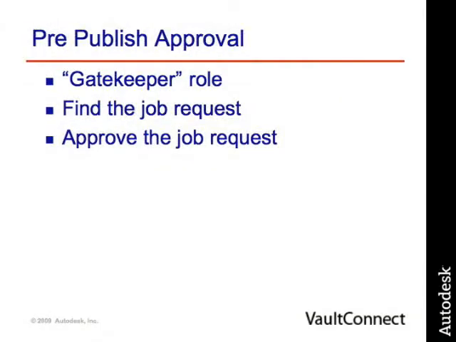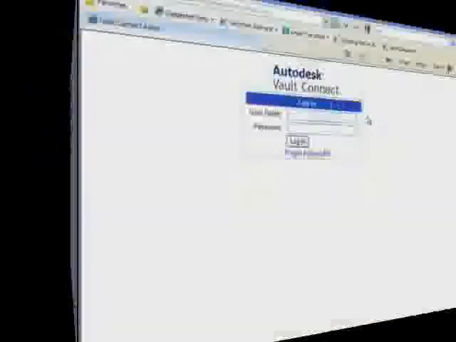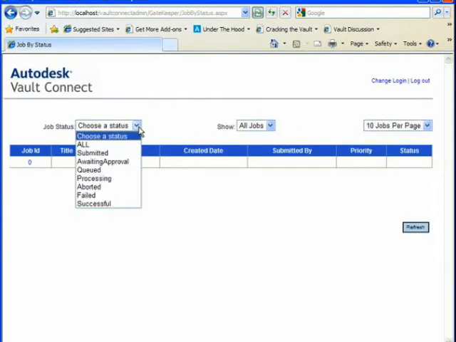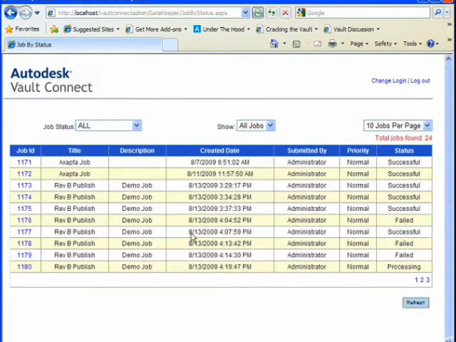In this next sequence, we'll show how Vault Connect can serve as a pre-published approval option. This allows users to review data before it's actually written to the SharePoint environment. The intentional update is what we call our gatekeeper interface. This allows a person such as a configurator analyst to review the information prior to the update to the SharePoint